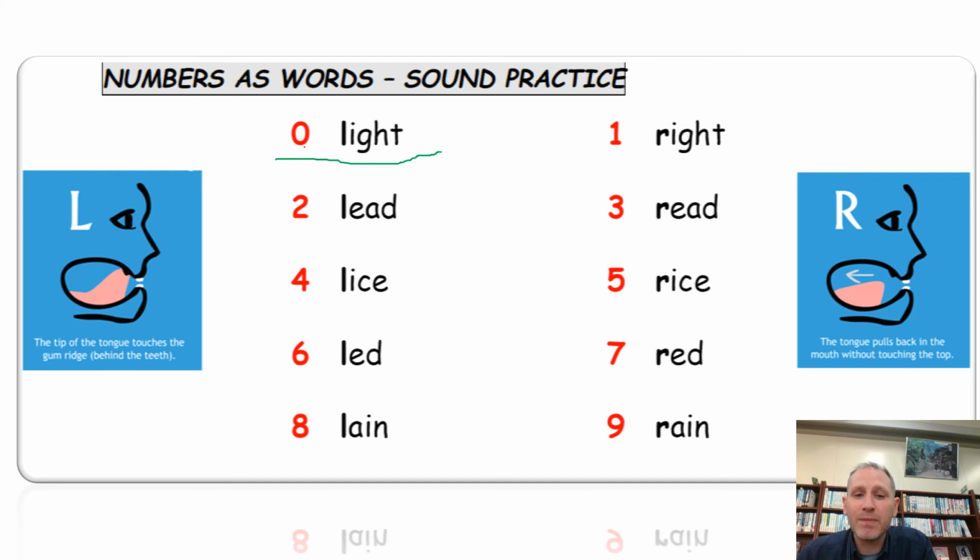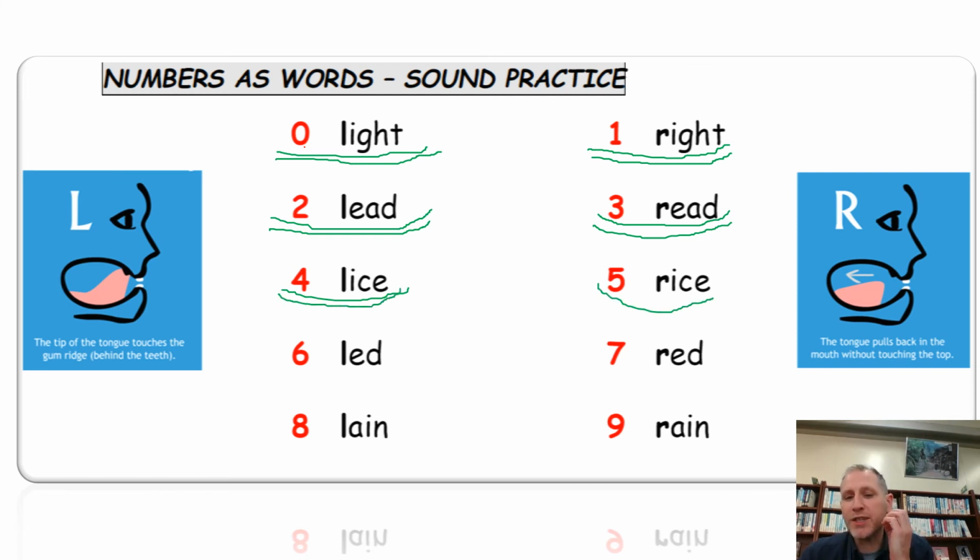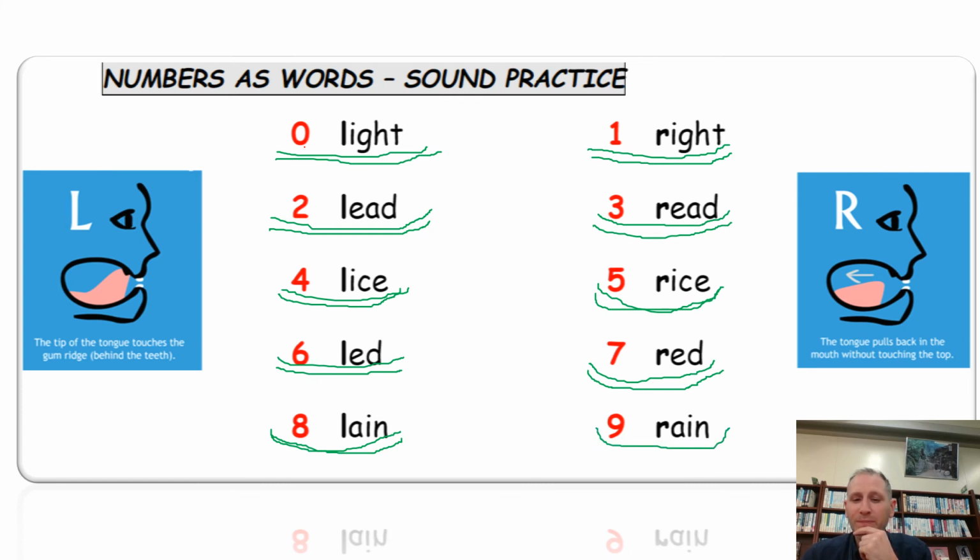So, light, light, right, right, lead, lead, stick your tongue out, lead, read, read, lice, lice, rice, rice, lead, lead, excuse me, red, red, lane, lane, rain, rain. So try to practice all of those sounds,